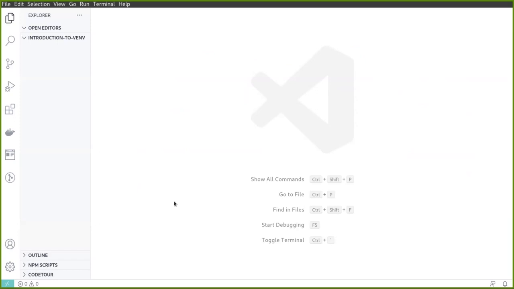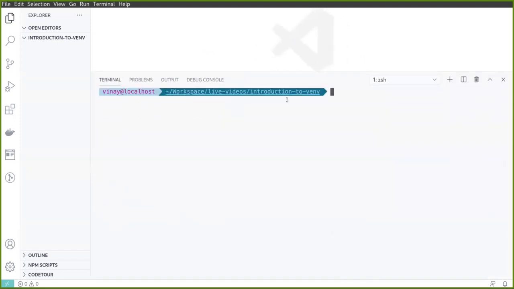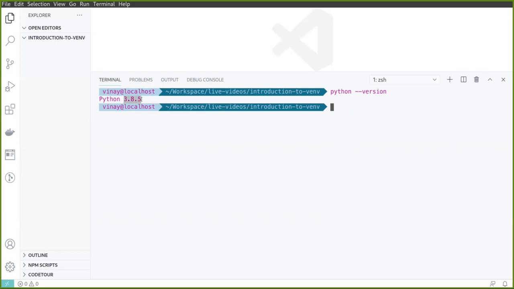To do that, let us open the terminal. So this is my terminal. And to create a virtual environment, you need to install Python first. In my case, it is already installed. Now you need to see the version of Python. You'll see that I have Python 3.8.5 installed in my system.